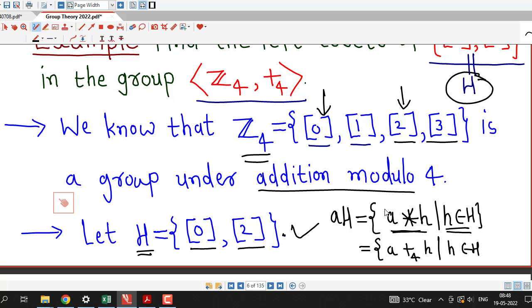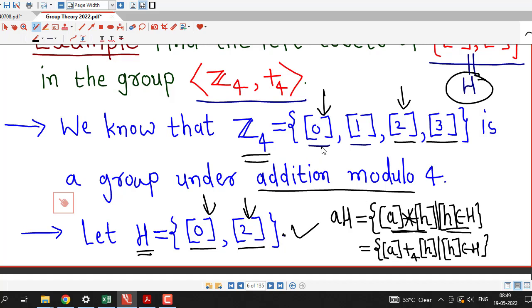Now here the elements are equivalence classes, so I should write in this way: equivalence class generated by A and equivalence class generated by H. Now there are only 2 elements here,